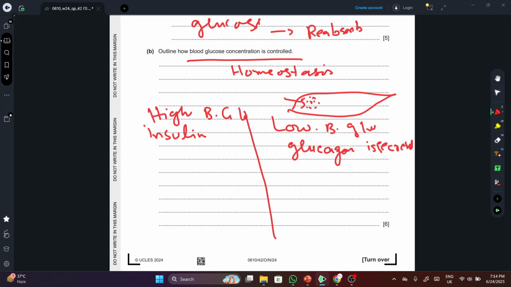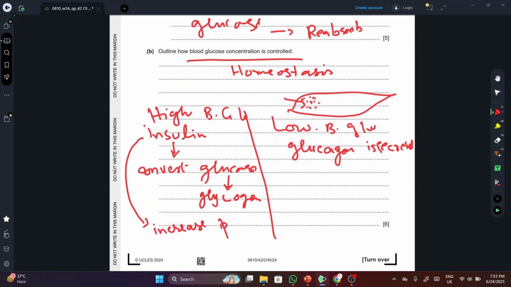So these are the two situations in which insulin basically converts glucose to glycogen. Extra glucose in the blood is converted into glycogen. The second function of insulin is that it increases permeability of the cell for glucose. It means that if this is a cell, more glucose from the blood will enter into the cell and